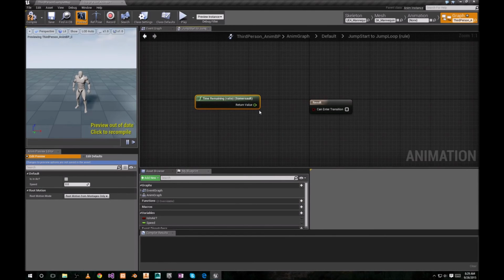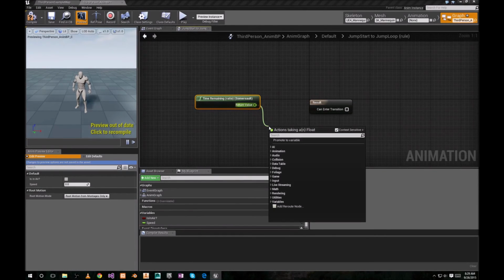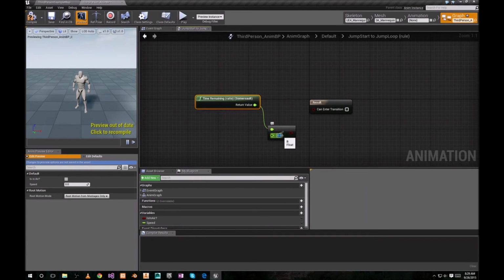Okay, drag here. I'm going to type less and put here 0.15. Okay, compile,